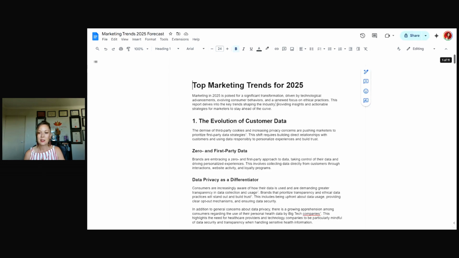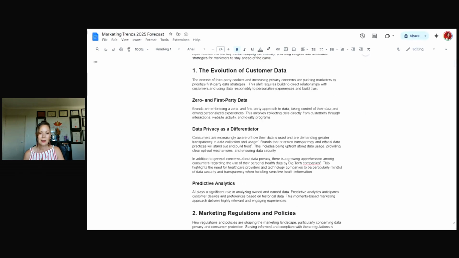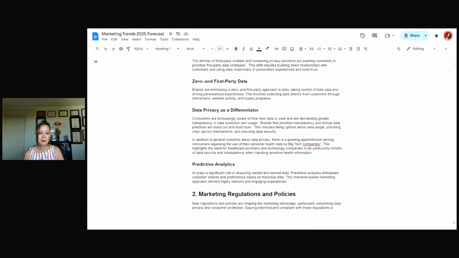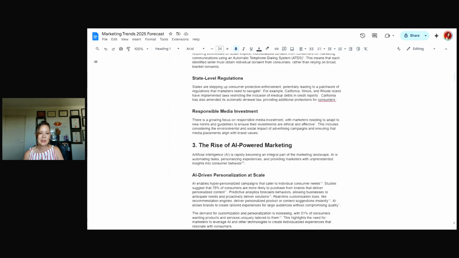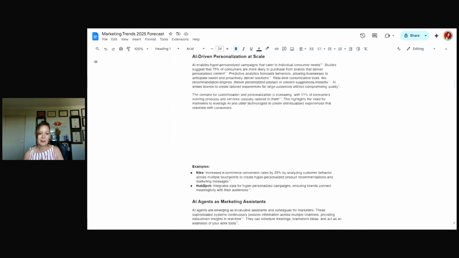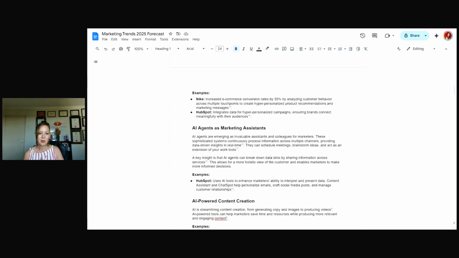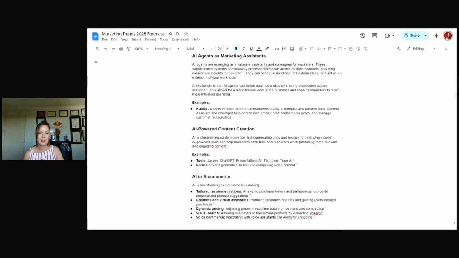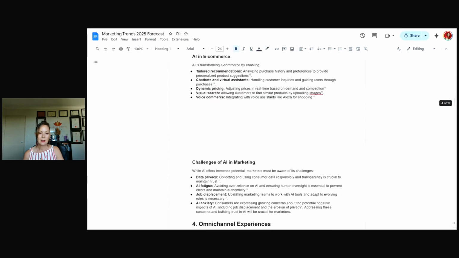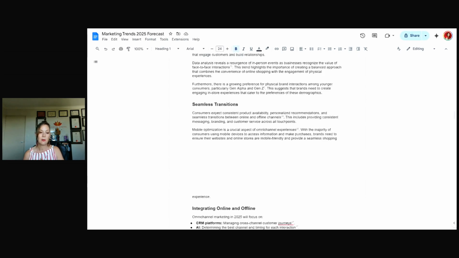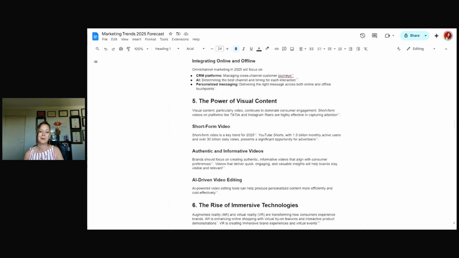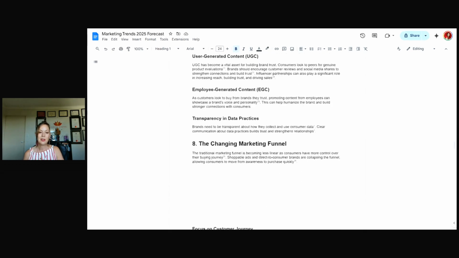So top marketing trends, evolution of customer data, regulations and policies, AI marketing. It's got examples there as well, AI agents. So that's how many pages? That's 11 pages. So I won't go through all 11 pages, but it's really comprehensive.